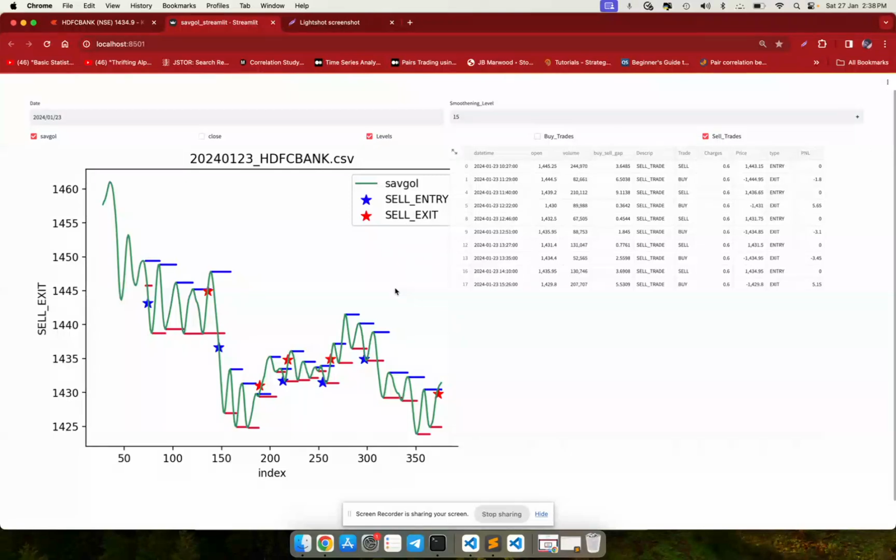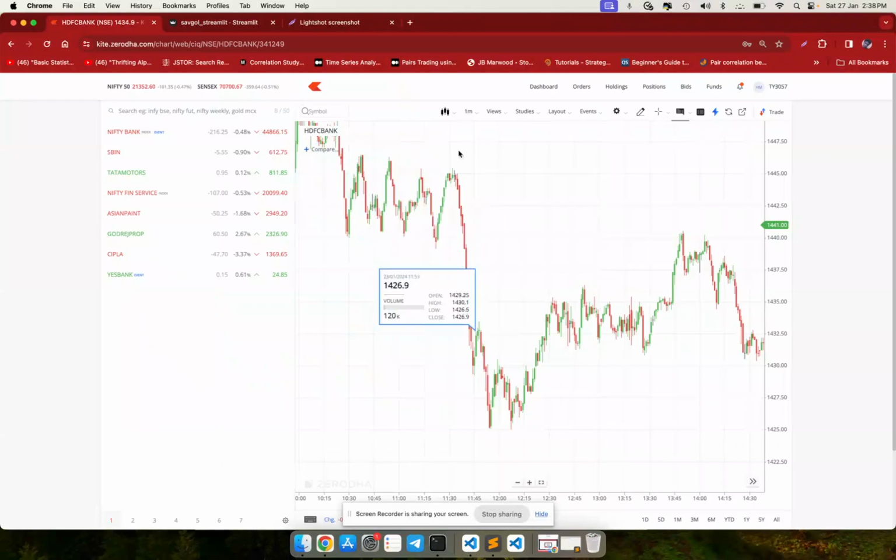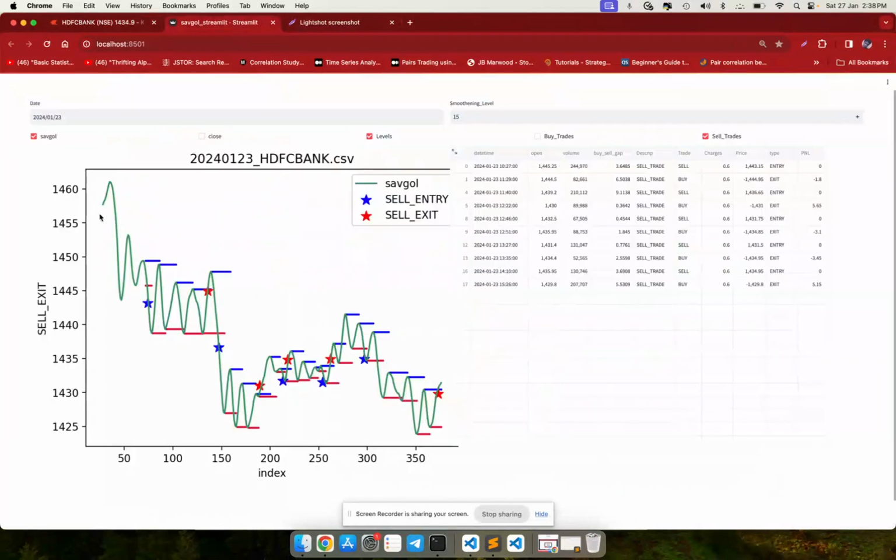I am giving it a rolling window. There is no forward looking bias. So the big breakouts such as these, I have essentially captured by putting a Savgol filter and finding out the local maxima and minima, and trading on those levels instead of the prices. So the signal will be based upon this Savgol breakout, and when this filter breaks out, we will